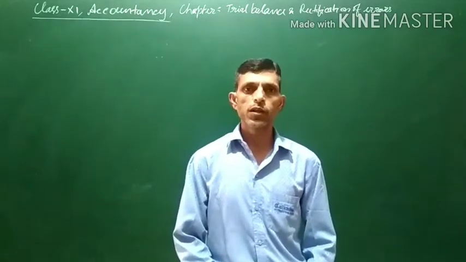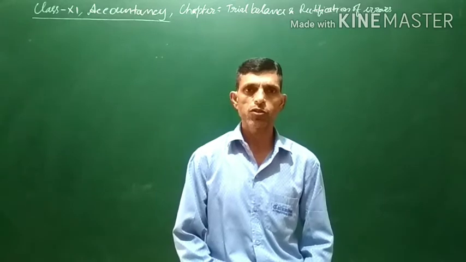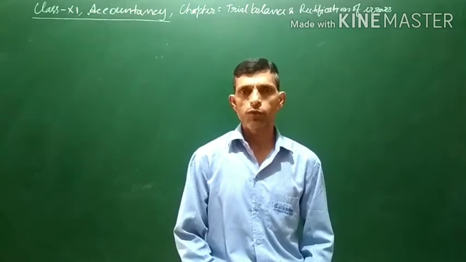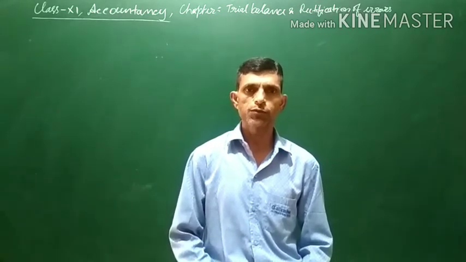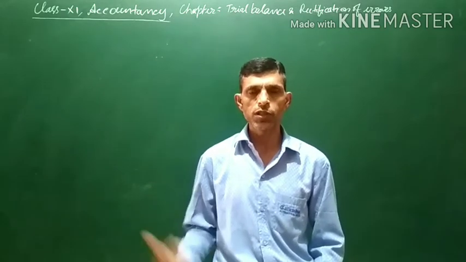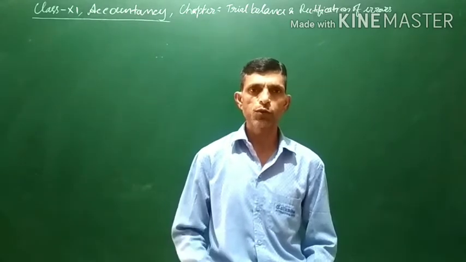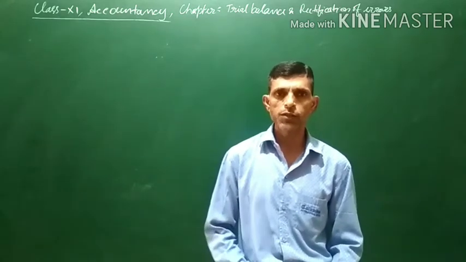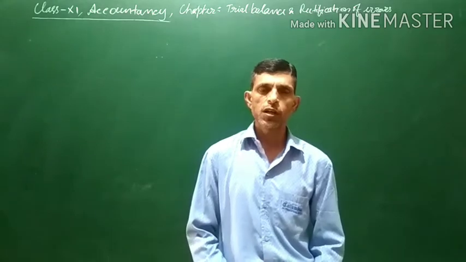In this video, we will learn about rectification of error and also do some numerical questions, because till now we have discussed the theoretical part of how to pass the general entries, meaning in case of error what we have to do and how the correction will be done. The correction entry will be done here, because for any correction in the books of account we have to pass a rectification entry, and we will learn those rectification entries with the help of examples, with the help of some numericals which are given in the book also.